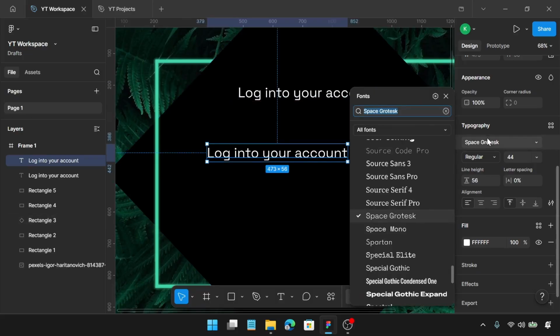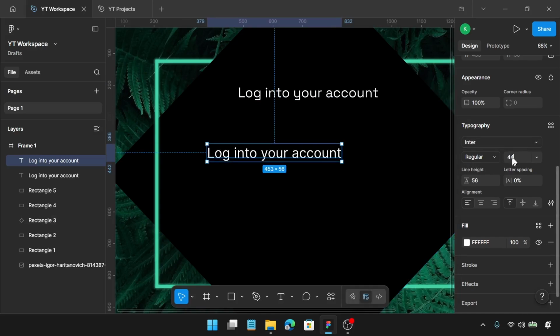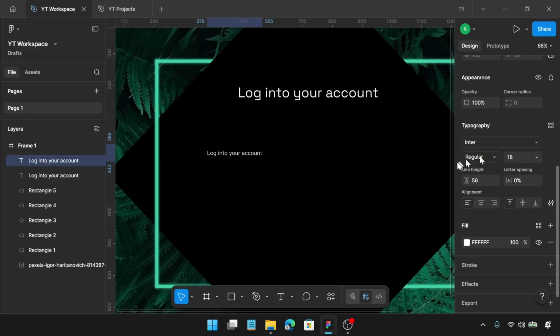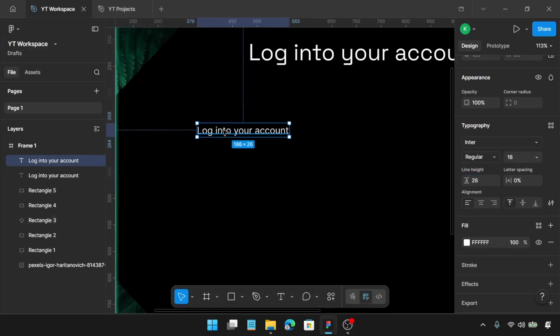We're going to change the font to Inter. Size is going to be 18 and the line height is going to be 26. And I'm going to change this text to "Email address",